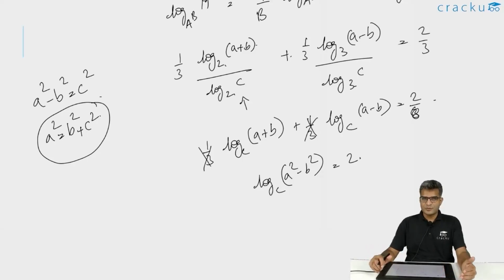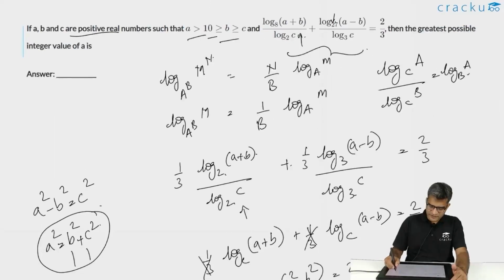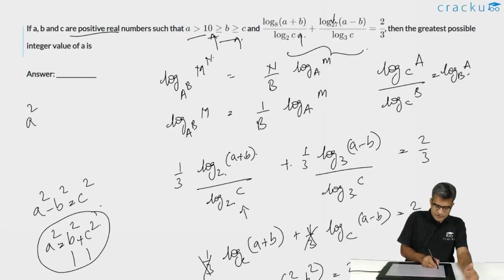So to make a to be large, we have to make b and c to be large. What is the maximum possible value of b? The maximum possible value of b is 10. And the maximum possible value of c, which is less than or equal to b, will also be 10. So the maximum possible value of a square is b square, which is 100, plus c square, which is 100, which is equal to